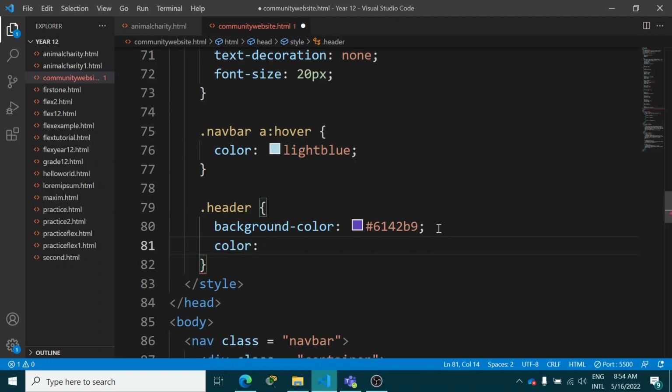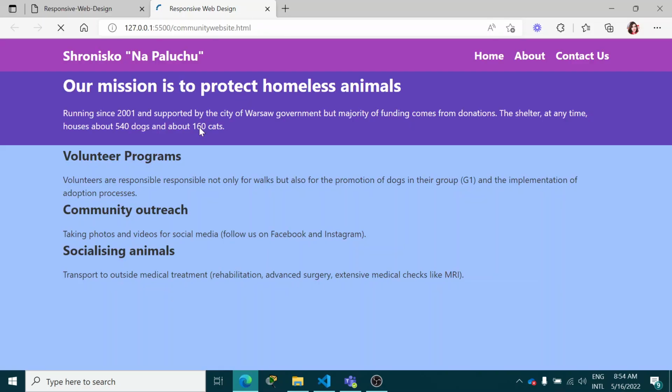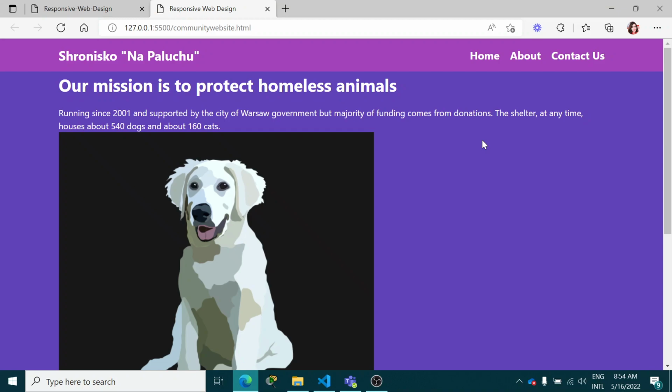And the text color that I want in my header items is just white. Okay, so if I save it and show you this, the color that you see right now is the color of the body that we had set, but now you will be able to see another color which is only for the header. Okay, so this is for my header paragraph and all of that, and I will style it now. Okay, so that's for my header, and now what I want to do is to work on my header class,